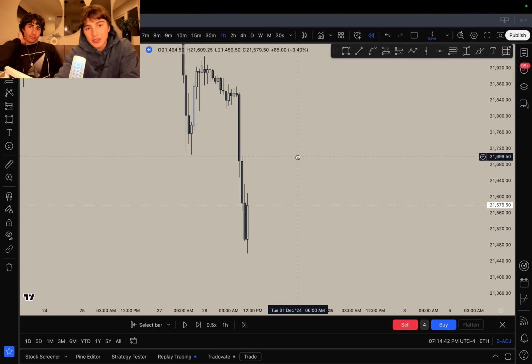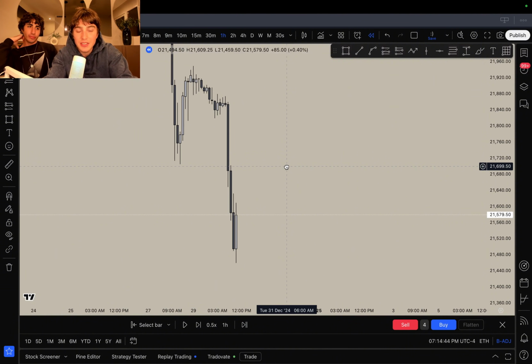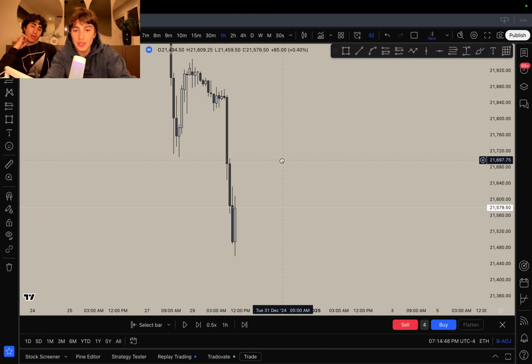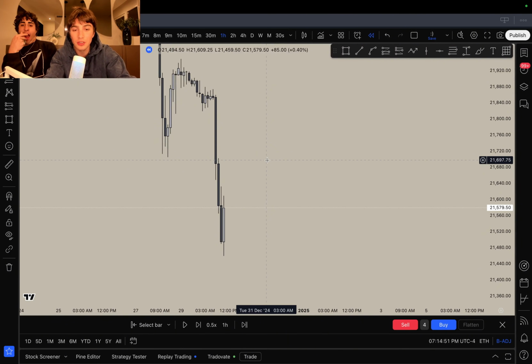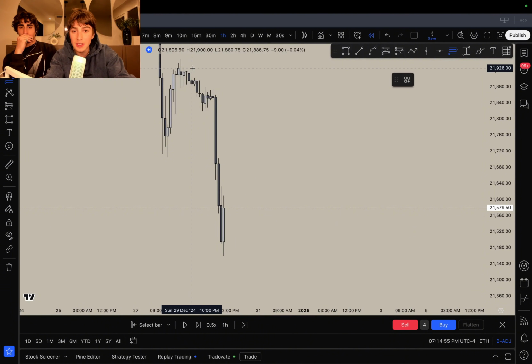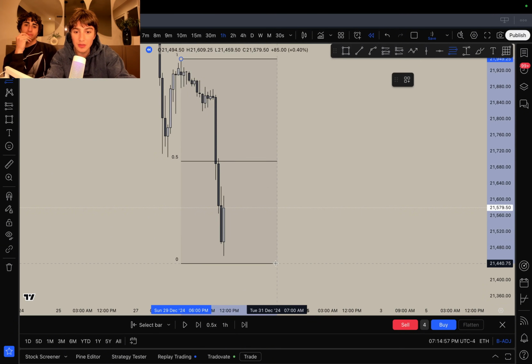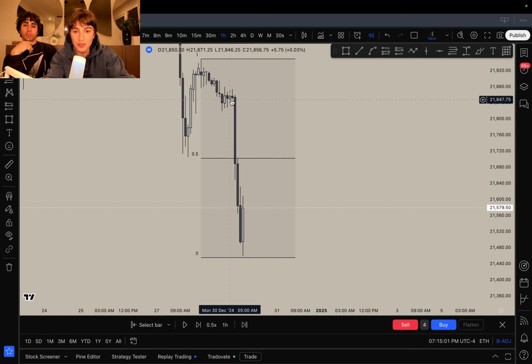So if we use something like the fib tool and premiums and discounts and just a simple understanding that ranges naturally need to get rebalanced almost all the time to continue in the corresponding direction, then you can use that to help you determine something like your bias, right? So let's say we mark out this leg top to bottom. We have this really strong leg, this impulsive bearish leg,